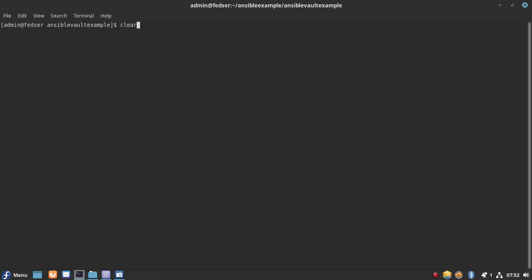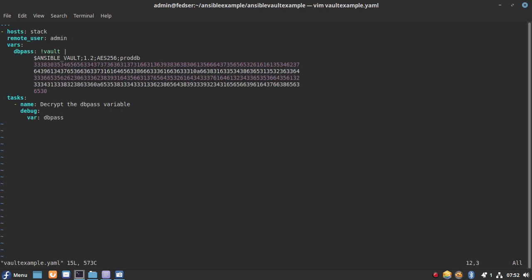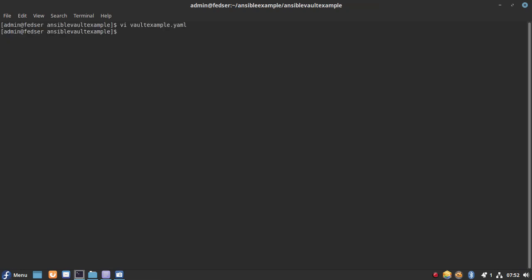Let me open my playbook again. I think there is some issue with the indentation, so I created it in a plain text file and copy pasted it here again. It is the same content as before.